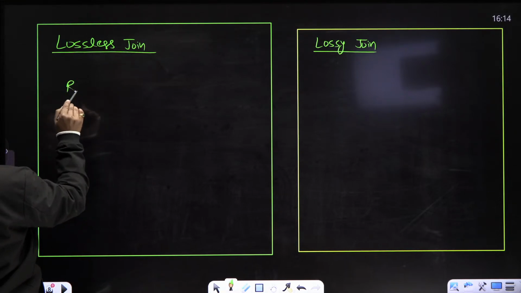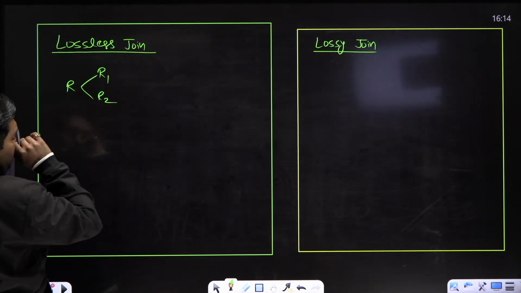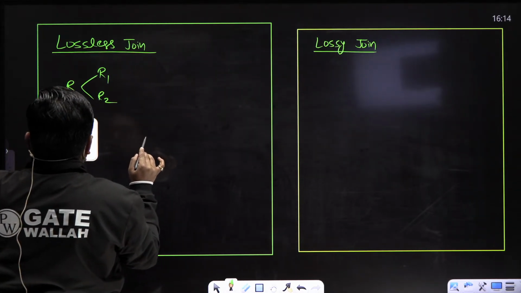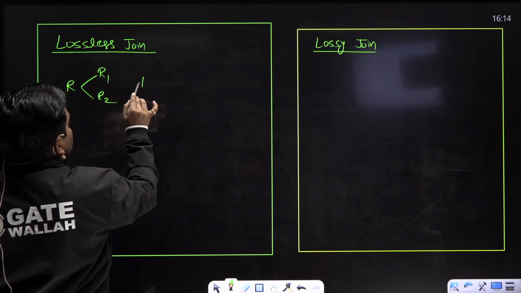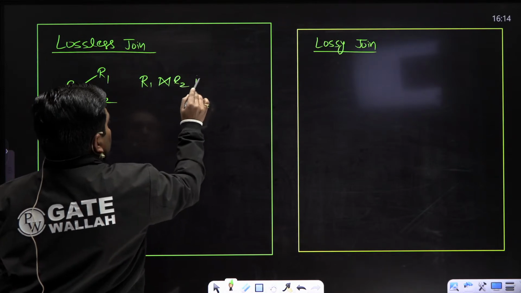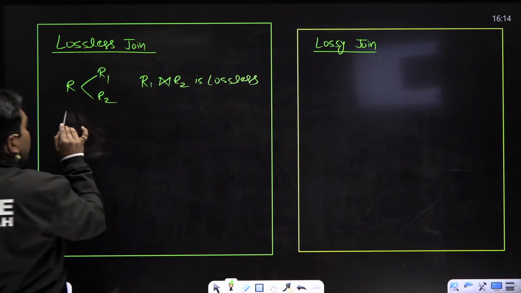Let a relation R be decomposed into sub-relations R1 and R2. Then R1 join R2 is lossless if and only if,